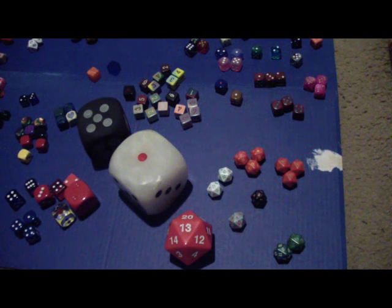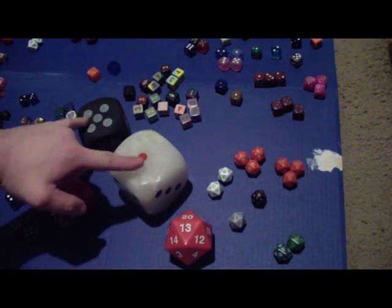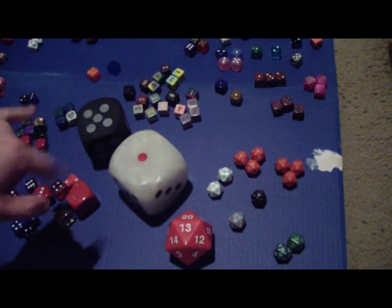So this right here is my dice collection, or part of it. I've got a lot of dice, and what we're looking at right now is mostly just stuff that I've got stashed inside a little dice box, except for like these two right here. I don't usually store those in a box, but